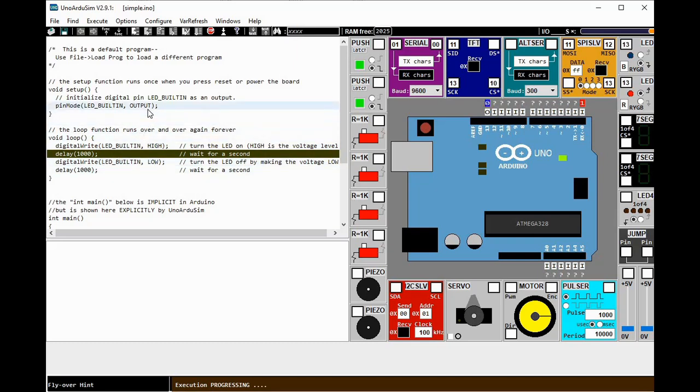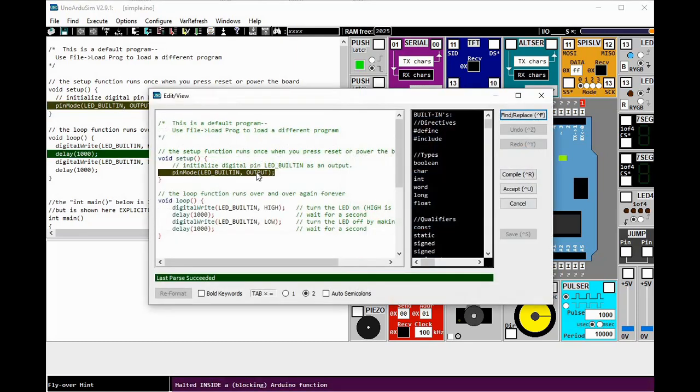So for you to be able to accomplish that task, you need to declare pin 4 to pin 11 as output. In this case, you just need to replicate this command. So copy.